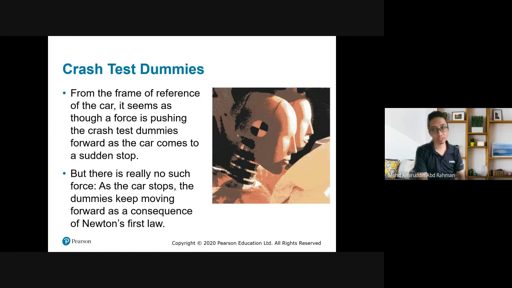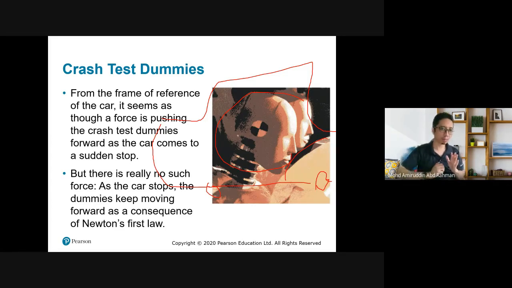So we have the crash test. Let's say you are inside the car. This picture shows you the person inside the car, and this is the airbag, as you can see. So when the crash is happening,